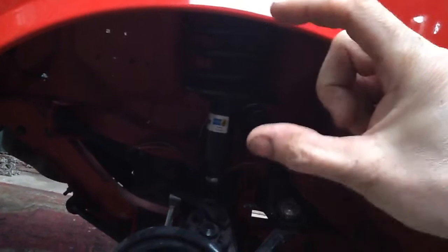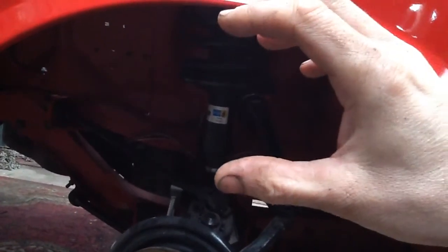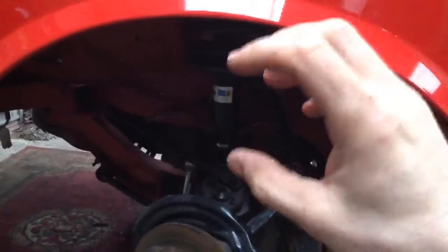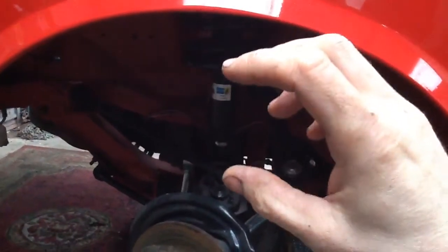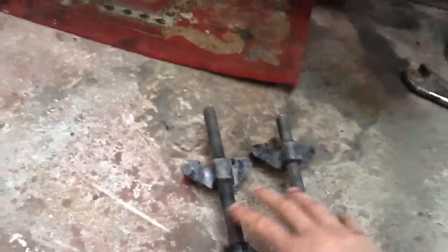Anybody that has ever had any dealings with these, the spring is not held captive on the strut. The spring is held in place by the top arm and the locking nut on the top of the inner wing, so the spring has to be compressed in situ. The problem with that is I don't have a proper clamp, so what we had to do was get a long bar, compress the spring till we were able to get these two caught high enough up, compress the spring, and then